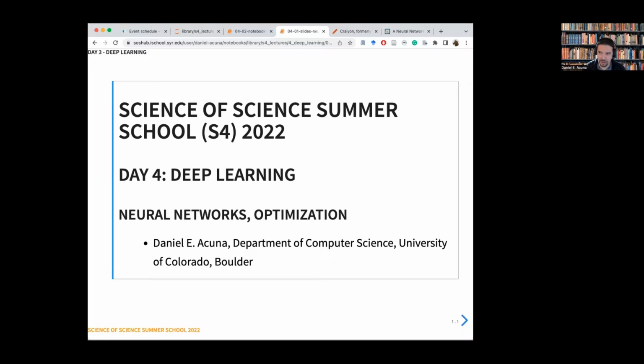Now, that changed 10 years ago or more with the advent of big data, with the advent of GPUs that allow you to run these models on lots of data so you can exploit the complexity that they have. And these days, most of the things that you use on your phone, for image recognition, for speech recognition, for music detection, for all kinds of stuff, are based on deep learning.